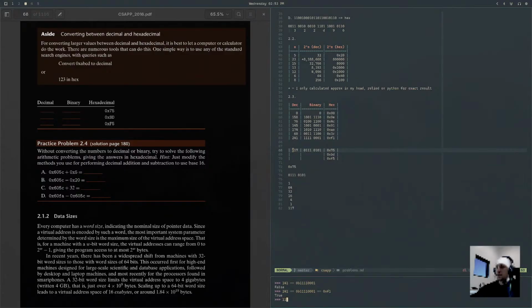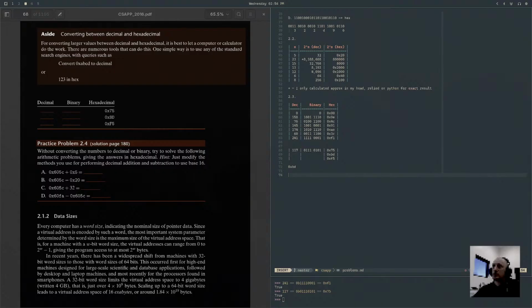So 117 is equal to 0b01110101, which is equal to 0x75. Okay, next one, 0xbd, which is going to be equal to